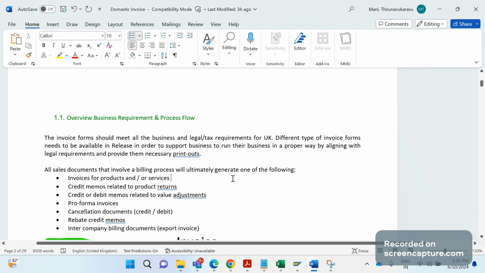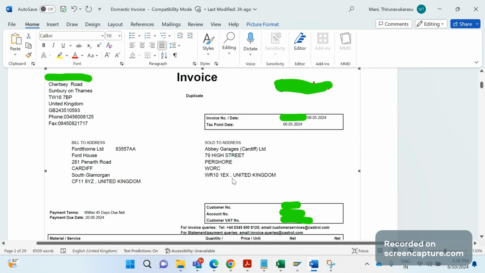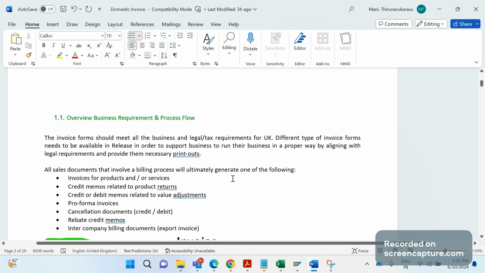Whenever the sale is happening inside the UK, the customer is also in UK, the company is also in UK, the sale happening in the same country is a domestic sale. If the sale is happening in two different countries, it means it's an international sale. But this layout is for the domestic sales invoice. Okay, so the layout should be as per the government legal requirement. So that's what we have mentioned in this